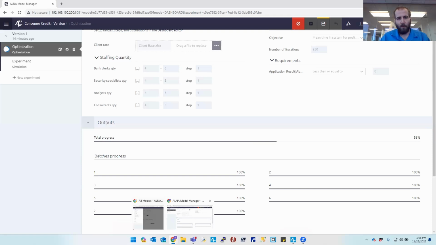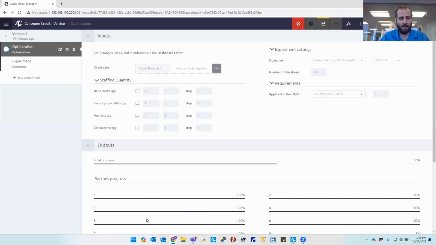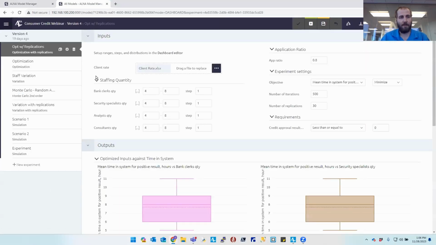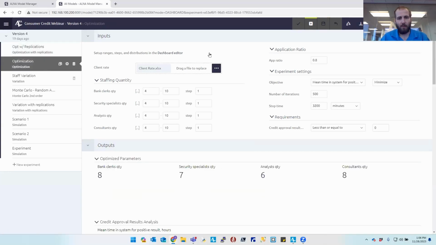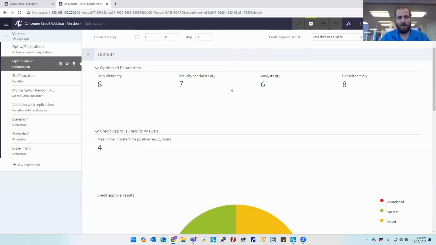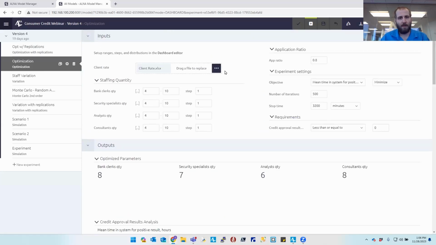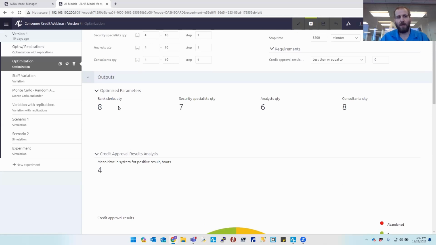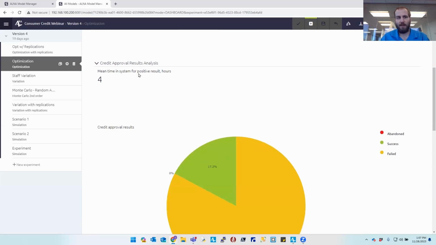So we can run through all the different experiments, combinations, but I'm actually going to transition to an already completed version that I essentially prepared for this webinar. So just right off the bat, going to run to my optimization experiment where I've run it already, utilizing similar types of inputs and requirements. And we can now definitely see what it recommends, 8, 7, 6, and 8, what that average result in this case, hours,